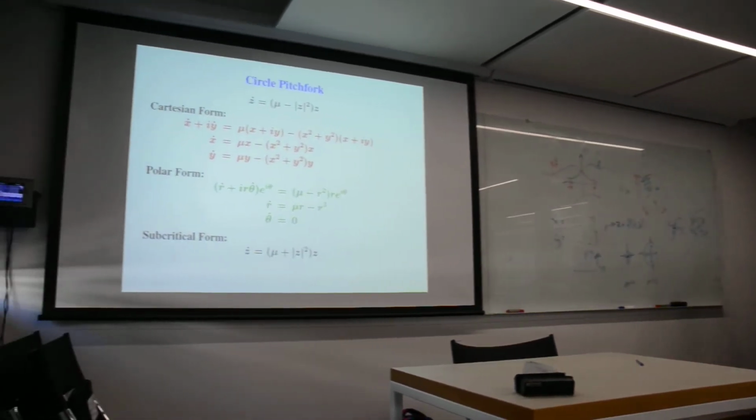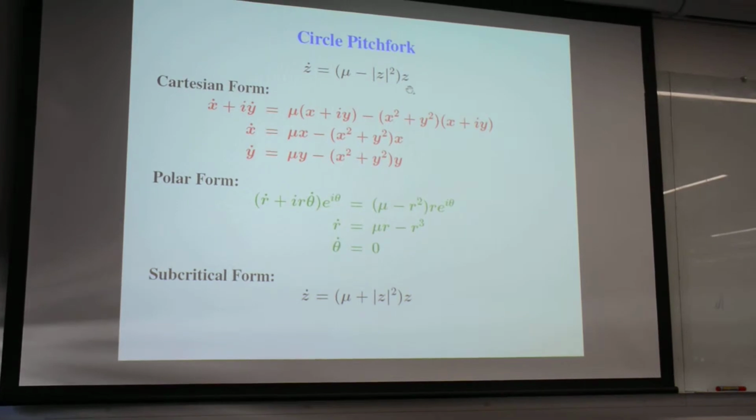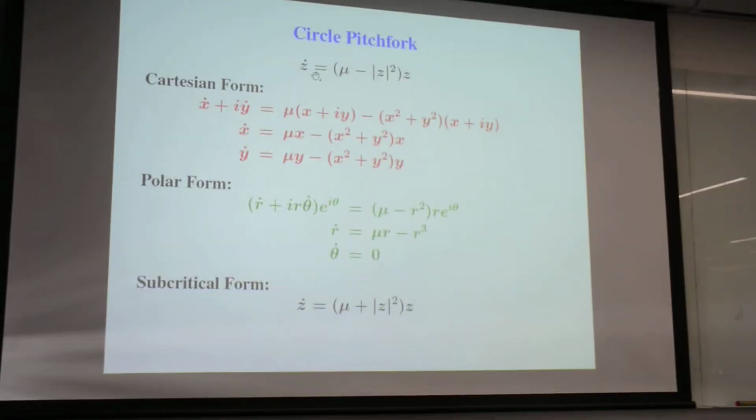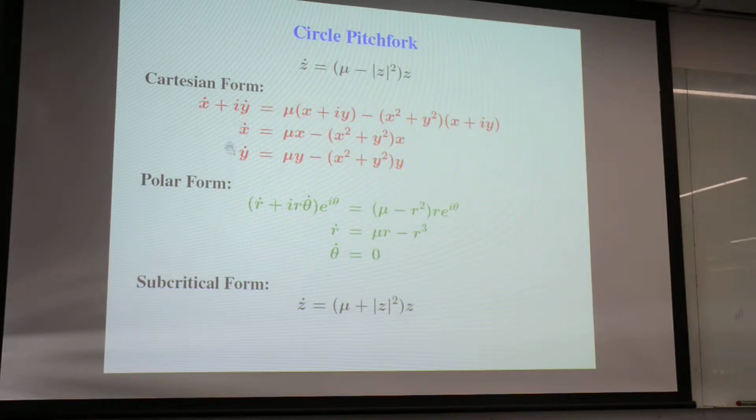So we can do more analysis on it. I told you before that it just made the arithmetic simpler to do it in complex form. But we can go back to Cartesian form, and we can write it like this. This is just this equation written in its real and imaginary parts. This is exactly equivalent to that. But it's more telling to write it in polar form. We saw this before with another case, I forget which one. Let us write z equals r e to the i theta. If z equals r e to the i theta,